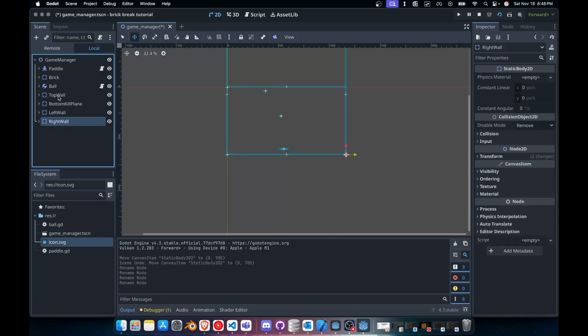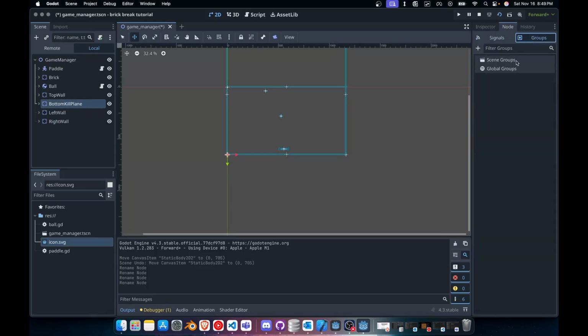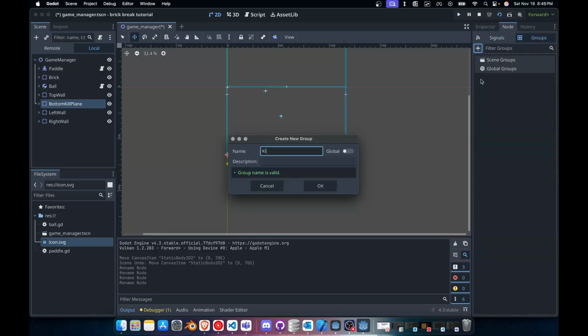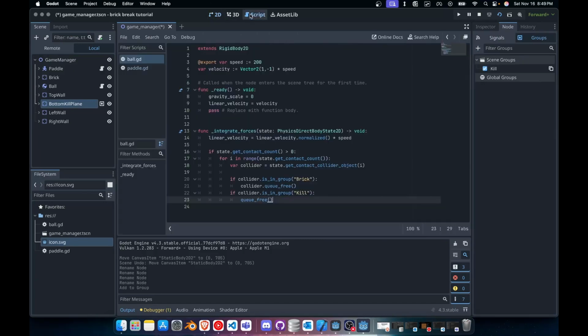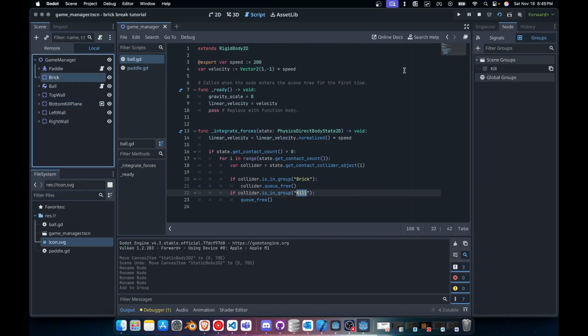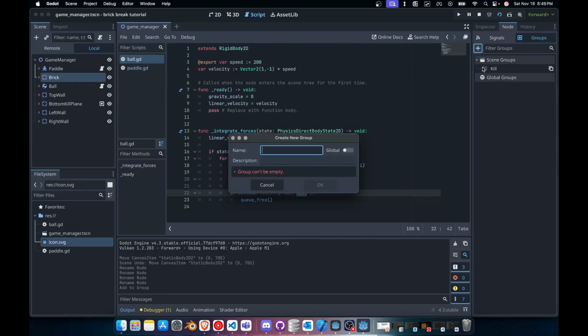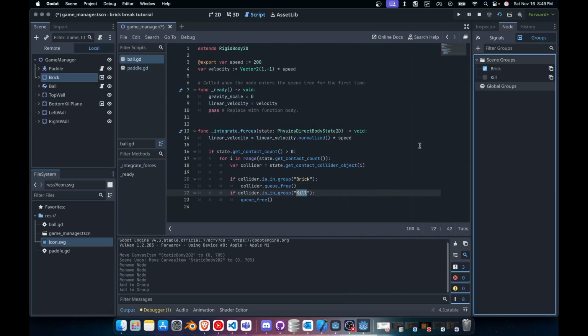There we go. Now the bottom kill plane will come over to our node groups, add in a plus and type kill. I believe that was what we called it, was kill. Yes, right here. So we'll use that. And then for the brick, we'll go ahead and add it into the brick scene, or the scene group as